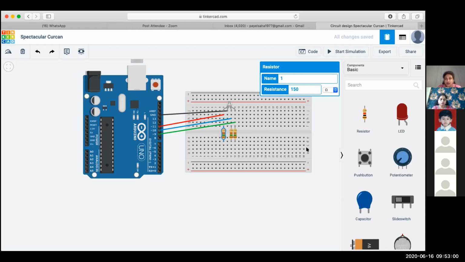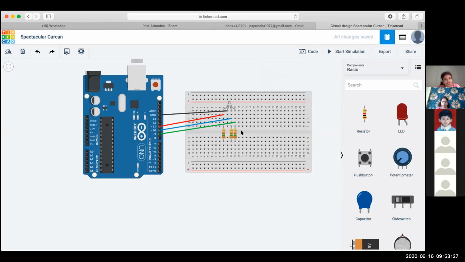So Tinkercad gives us the flexibility of using the exact value of resistance which I am getting out of my calculation. But in the practical world, all of us know that we do not get all resistors. We have some standard values of resistances. Over here, the nearest standard which we can get is around 220 ohms. So most of the circuits which you are going to build in your practical life will be using 220 ohms. You should not go below 150, and you should not go too high.